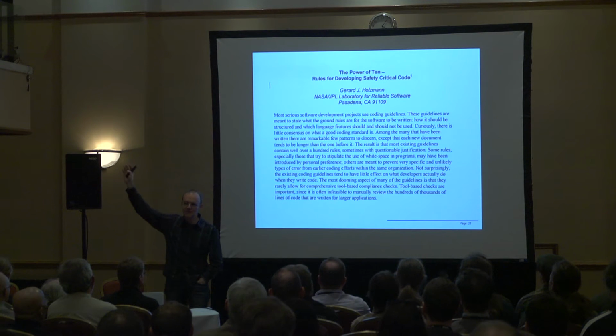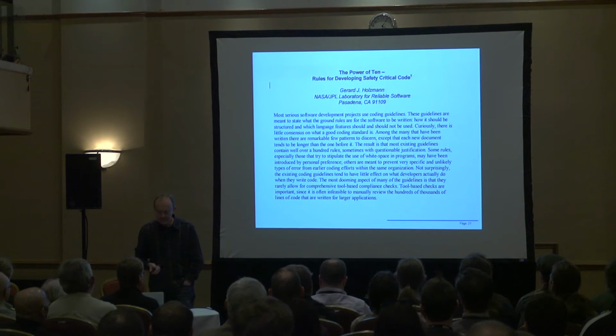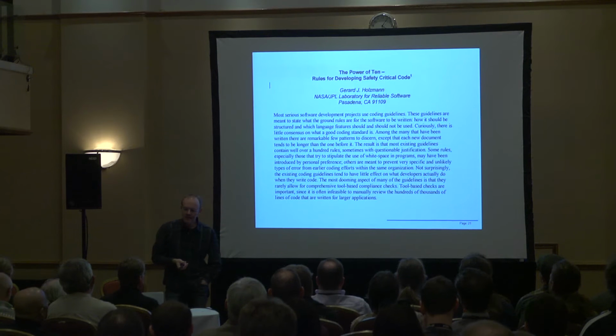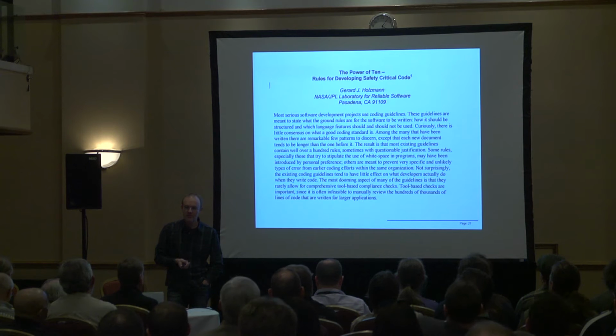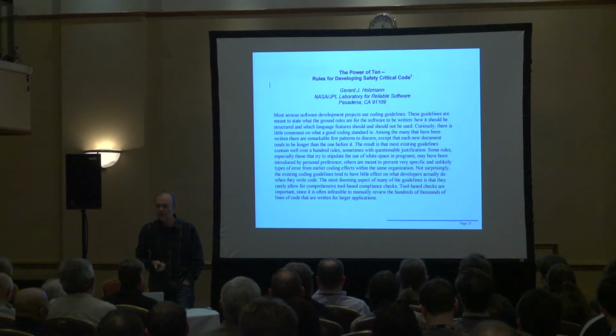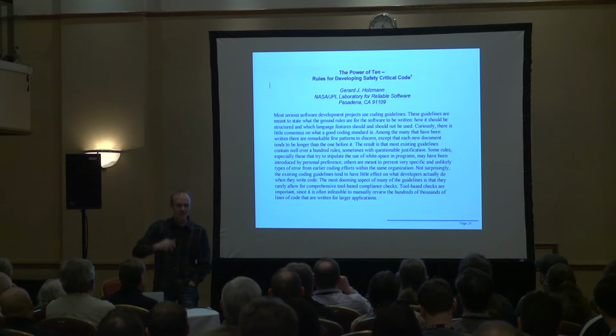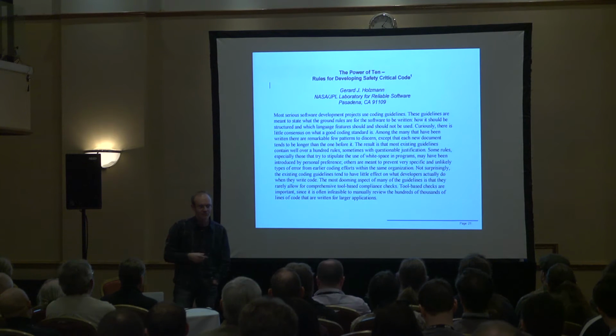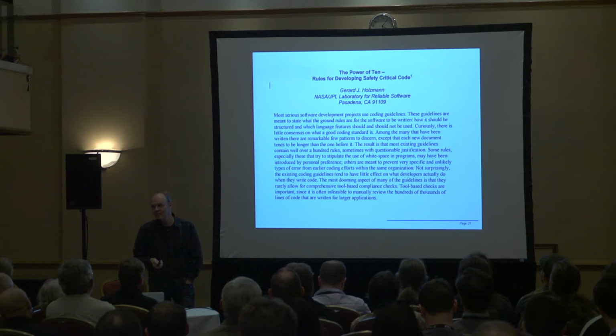Does anybody know this paper? It's from Gerhard Holzmann. He is a leading guy of the NASA JPL laboratory. Those are the guys that write software for the stuff that flies to Mars and the robots that run around. And they also have a coding guideline, the Power of 10. In his paper, he discusses only 10 coding guidelines for safety critical code written